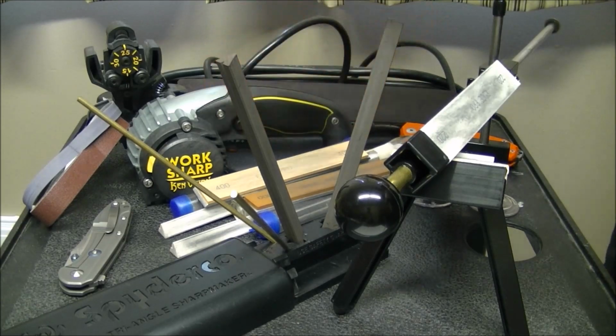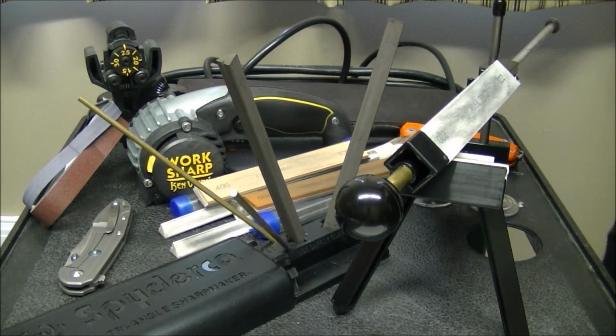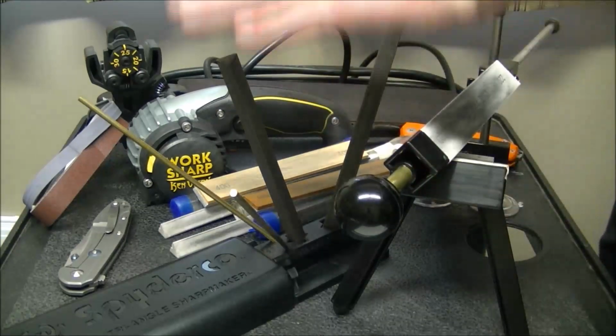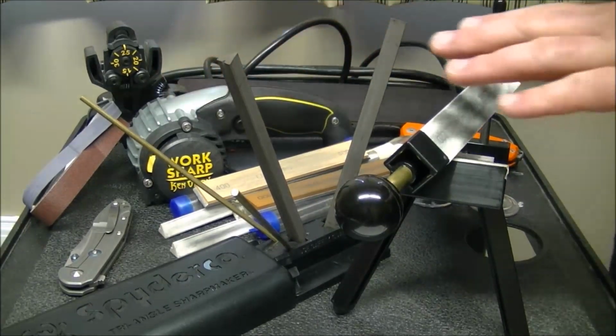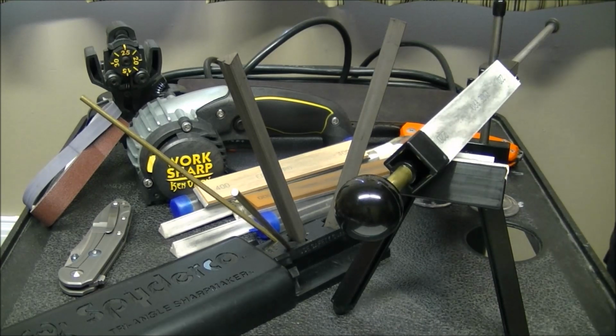The one thing that all of these share in common is that none of them are idiot-proof, okay? It's going to take a certain amount of skill development to be proficient with almost any sharpening system. Certainly any sharpening system that I've seen that's any good is going to take a little bit of effort to be proficient with it. And so what you need to do is when you get your new, whatever it is, you just got your new Sharp Maker or your new Edge Pro or Work Sharp, or any number of other systems. You got a Wicked Edge, you got a new Lansky, whatever sharpening system you're using, go and get all